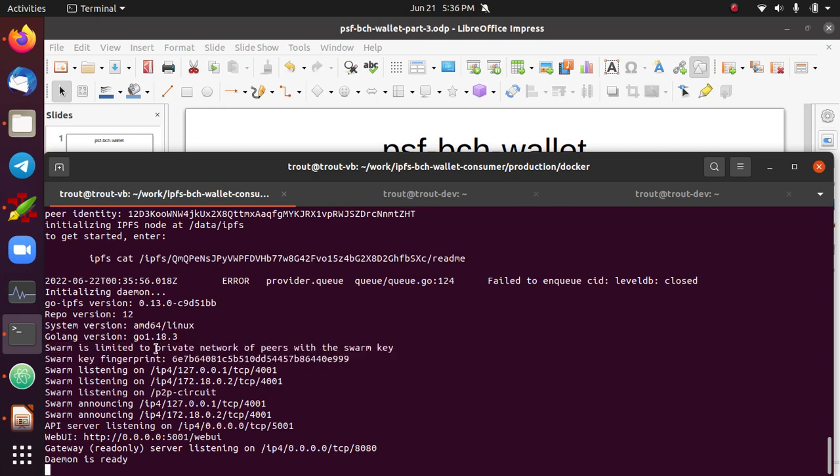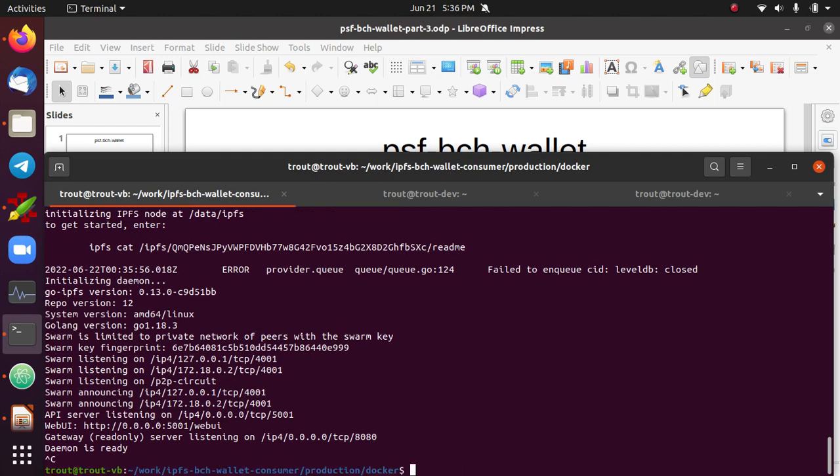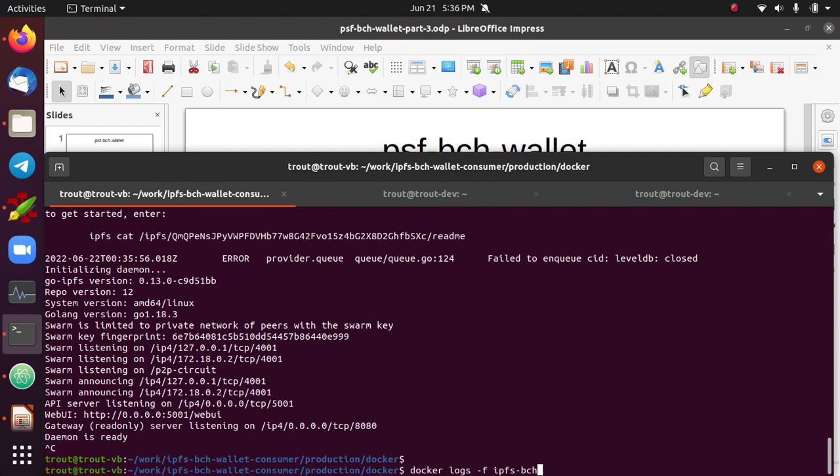And so you're looking for this. This should all happen automatically. And then the daemon's ready, and it'll just hang out like that. If it all looks like this, then the IPFS node is all good. And now you can check out the BCH consumer